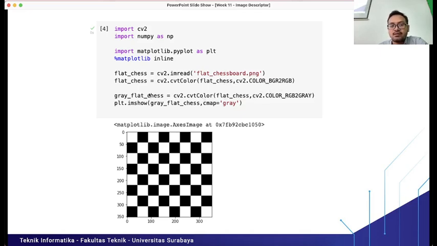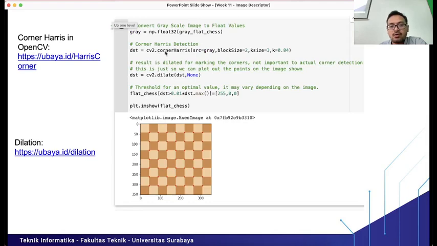Then we get the grayscale image, gray_flat_chess, from the chessboard, and we call the cornerHarris method from OpenCV. But before we call cornerHarris, we need to convert the grayscale image into float32, because cornerHarris only supports float32 input values.